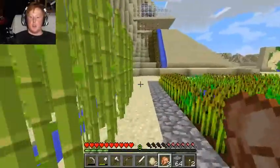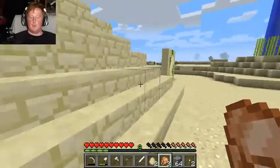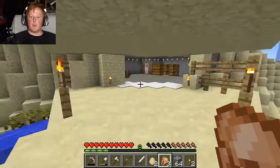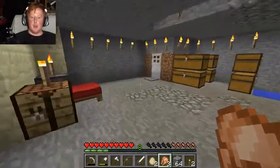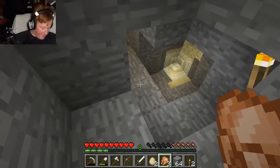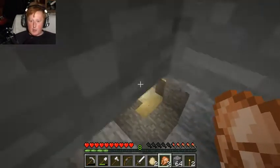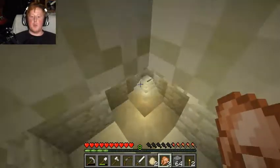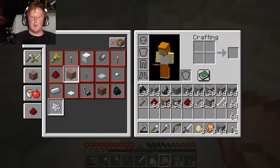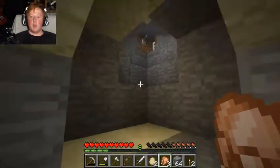I actually did a little video of a little beacon contraption I made on a creative server a while back that I thought would be an awesome loading screen. Ah, yes. It is confirmed. I can use iron. Why am I going back down? I need to smelt some stuff and...